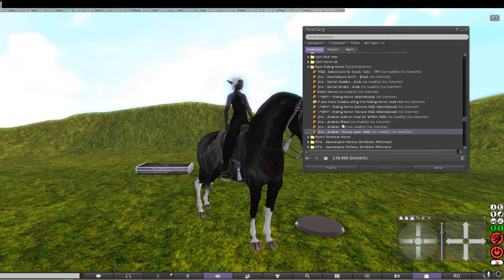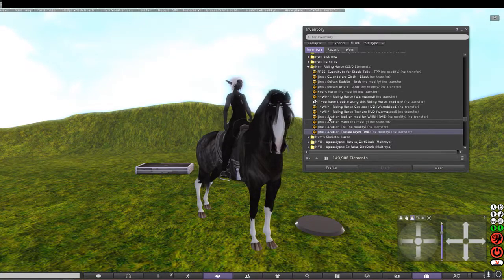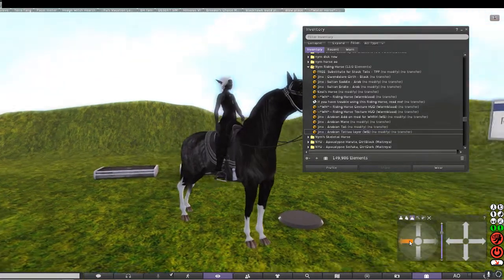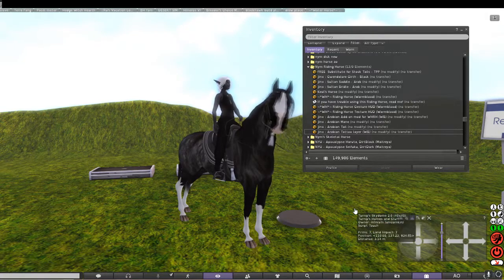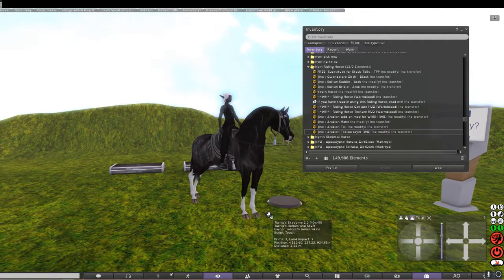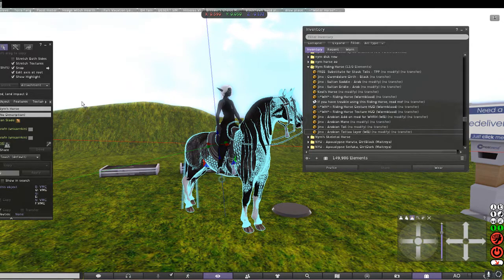And I love this thing, but sometimes I run out of attachment points and it's just not cool. So this is a whole bunch of attachment points that have been wasted that I could have used on other things such as accessories or more clothes. And I'm constantly tweaking my avatar, so this is a problem I run into when I'm using my riding horse. However, I solved this issue by linking it all together and making it one object. And this video will go through the process of doing that, and how to make it more efficient,